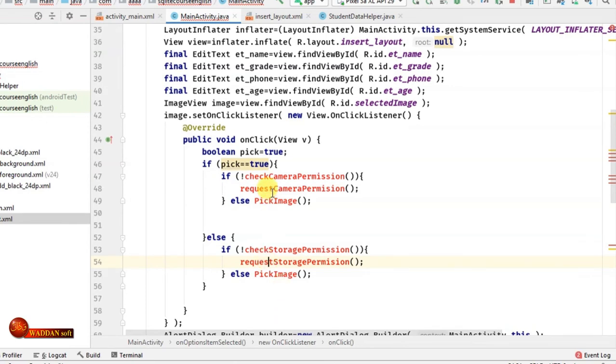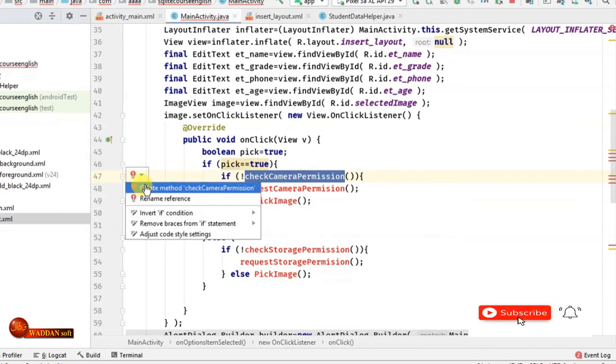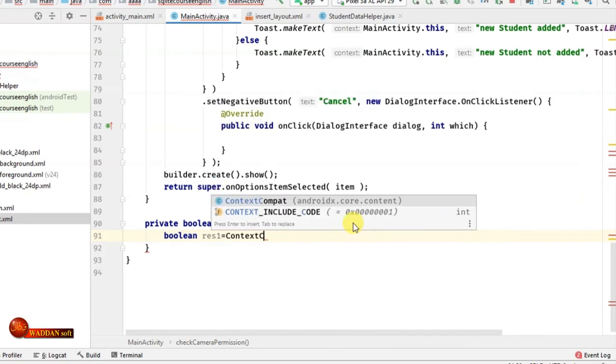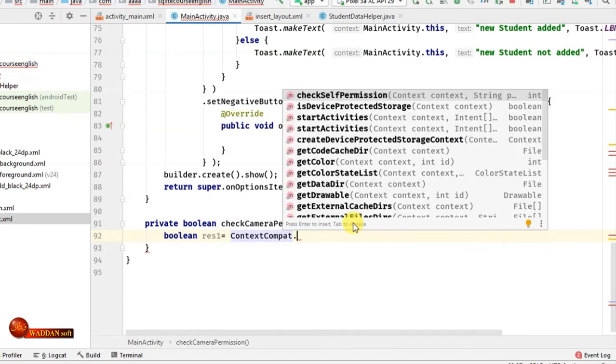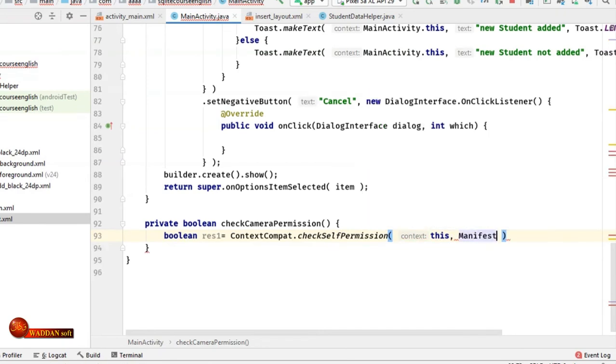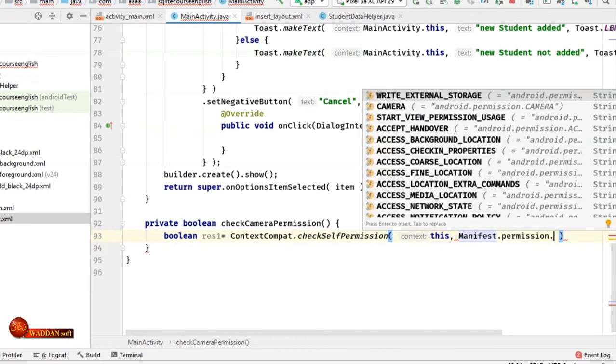Okay, we'll start with this method, checkCameraPermission, created in the MainActivity. This method is Boolean, so it will return true or false. And for camera permission, we need 2 permissions, one for write external storage and one for camera. So here we'll write Boolean, the first variable. This one, for example, res1, will equal ContextCompat.checkSelfPermission, the context, and Manifest.permission.WRITE_EXTERNAL_STORAGE,